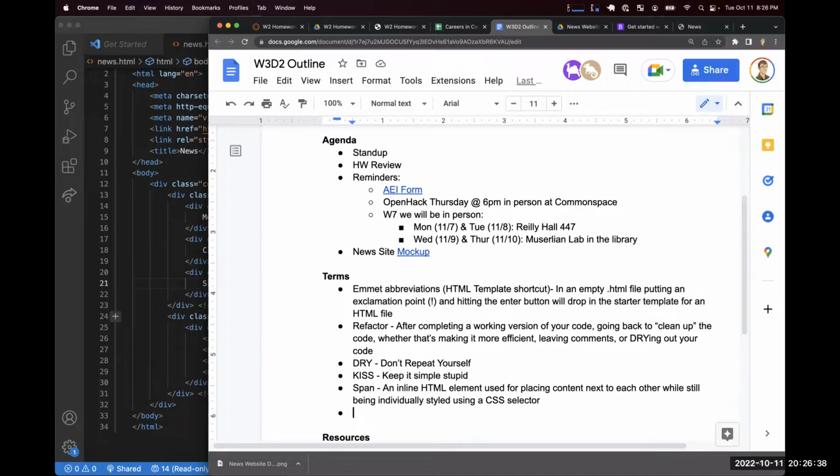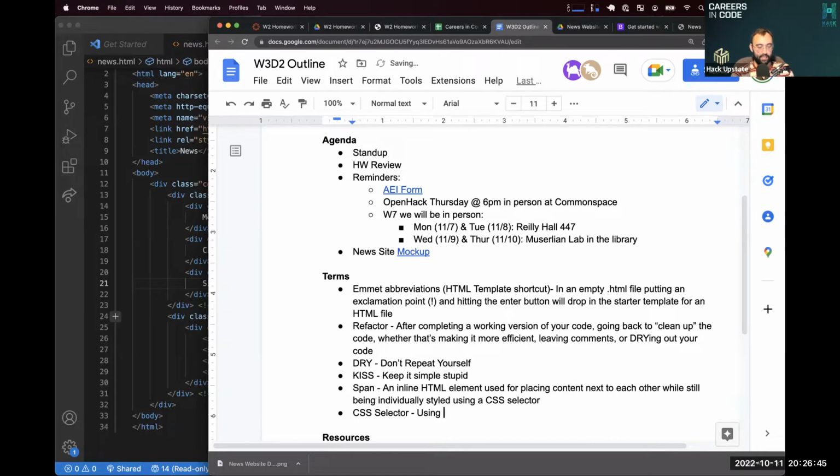Did you define CSS selector? Sure. CSS selector. Using HTML elements, IDs, and or class names,